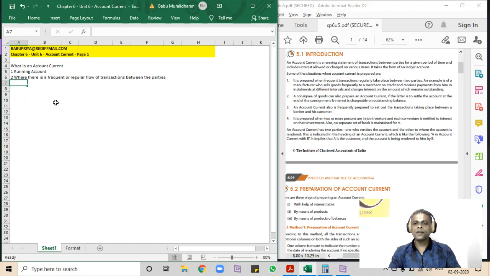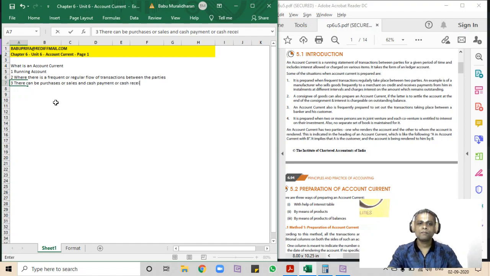When I say regular flow of transactions, there can be purchases or sales and cash payments or cash receipts. It happens regularly between the parties. So it is in the form of a ledger, right? So each